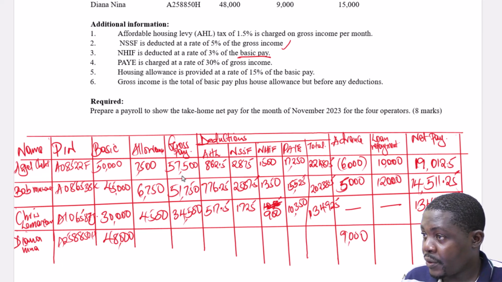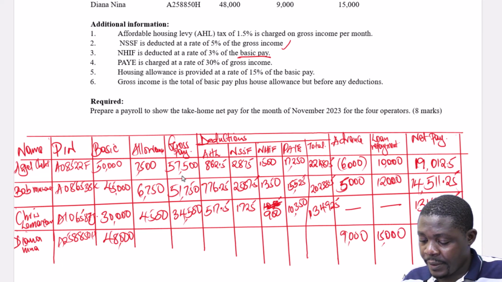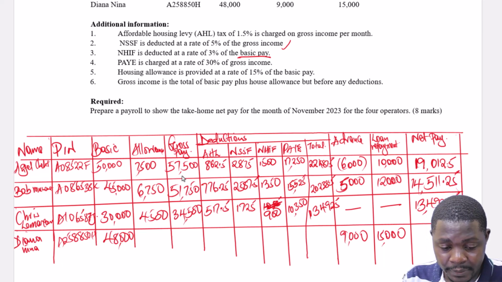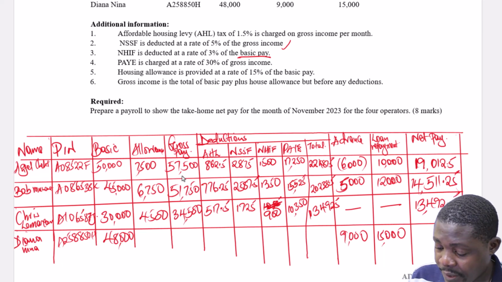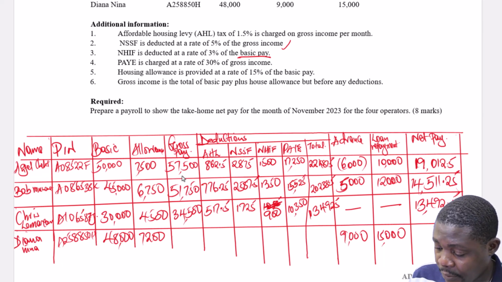He also took a loan repayment of 15,000. Right, we can determine the allowance. That was 7,200 plus 48,000. Gross is